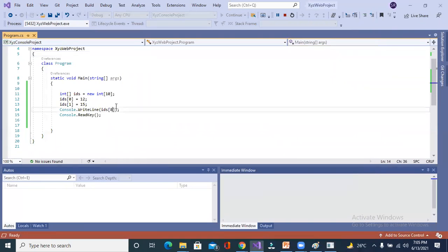If I access the index position of 0, what would be the result? Wait. Let me ask Ashwita, what would be the result?